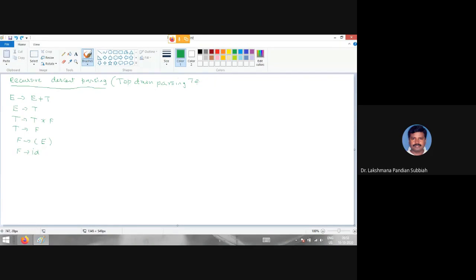Top down parsing technique. Okay, top down parsing technique. So first you have to eliminate left recursion. The same case. Eliminate left recursion.